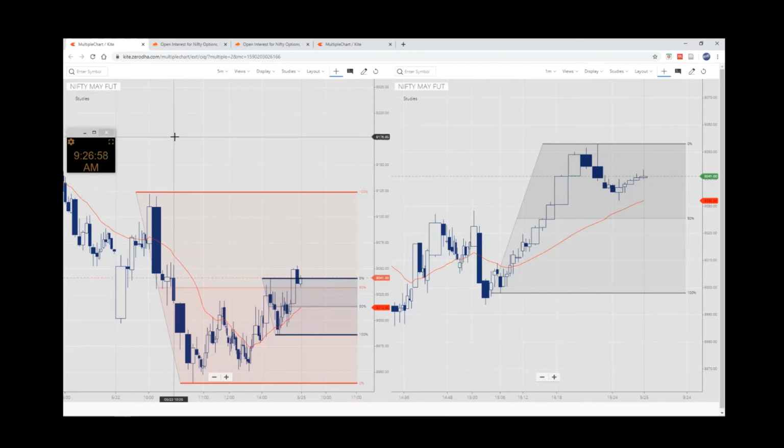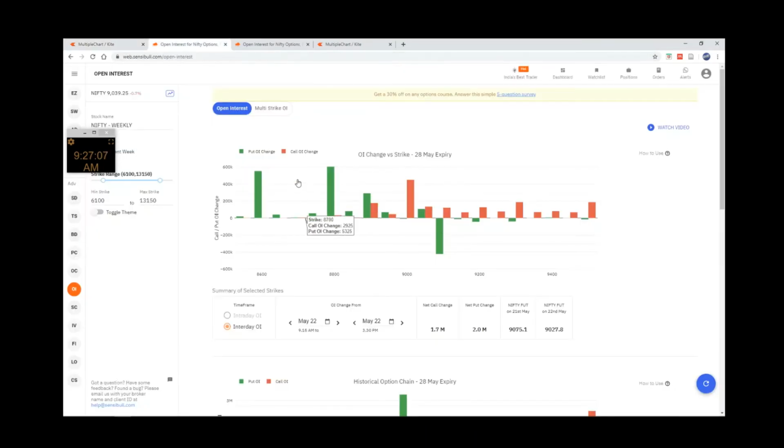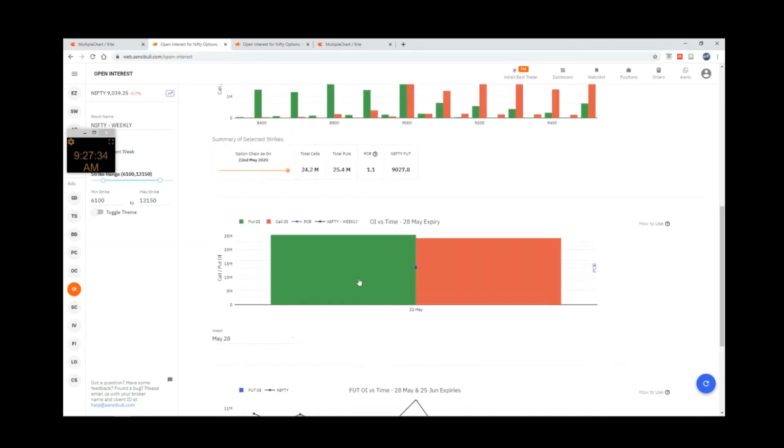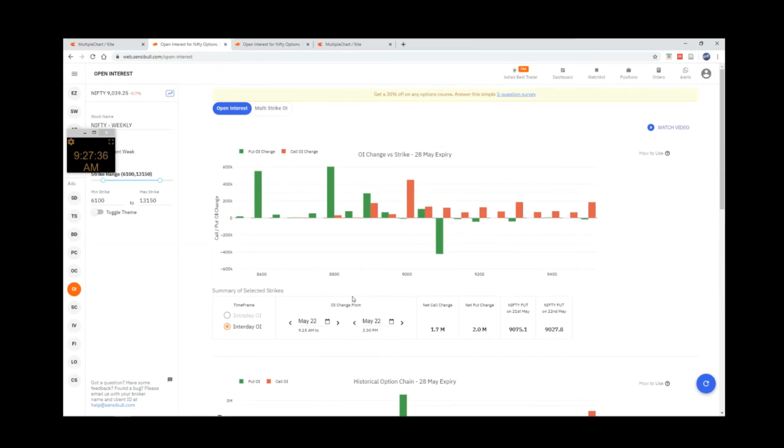Along with these four different windows for us to see the candles and the way the price moves, I also use the open interest. This is an open interest page from Sensible, which I constantly see, because if you remember our philosophy, if I am going to take a decision, we need to know whether there will be sufficient people to back up the decision. So I use the cumulative open interest, which gives me the complete picture, and I take a snapshot of the future OI every few minutes.